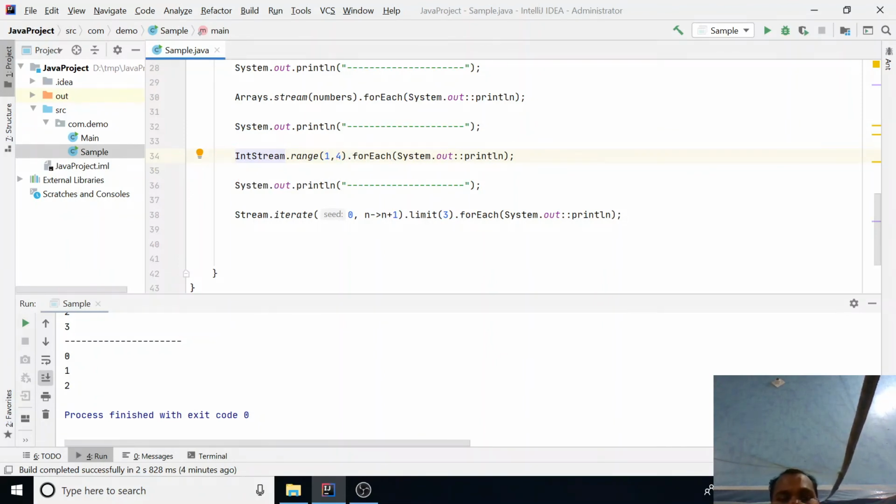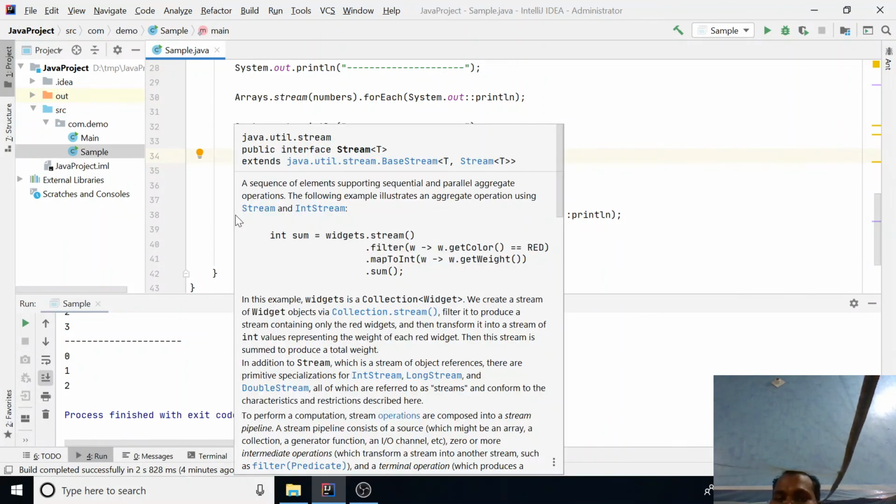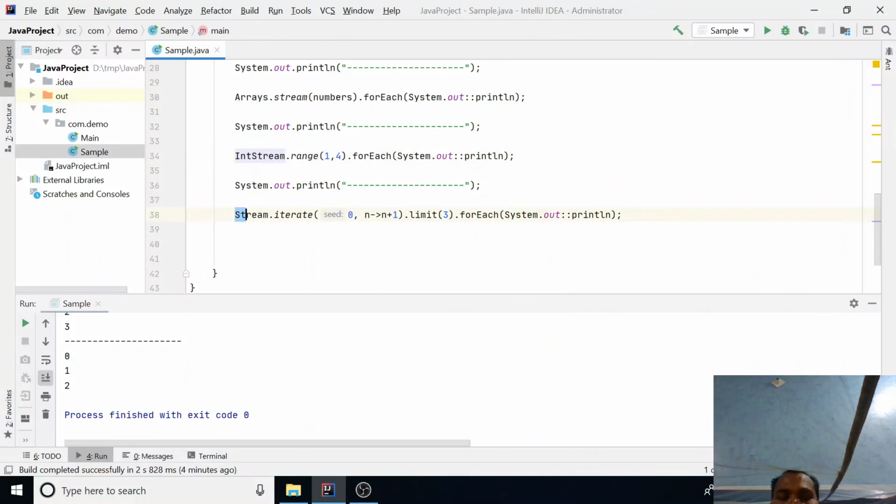And last is the concept of infinite stream. Java provides Stream.iterate from 1 to n, plus 1 plus 1 plus 1, an infinite stream, but here you have to set the limit. From this infinite stream, I want to retrieve only three elements or four elements.